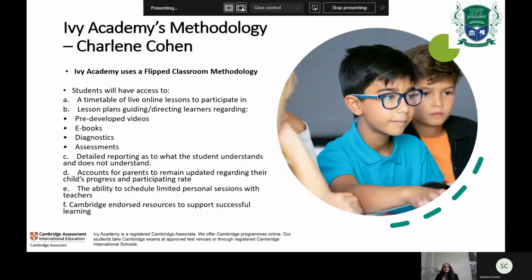So, Ivy Academy methodology. We use a flipped classroom methodology. As we said, students will have access to a timetable of live online lessons to participate in. So they know where they should be at a specific time, giving them a sense of routine and structure. Also, lesson plans guide and direct learners regarding videos that have been pre-recorded, and ebooks, which students can refer to in their own time,